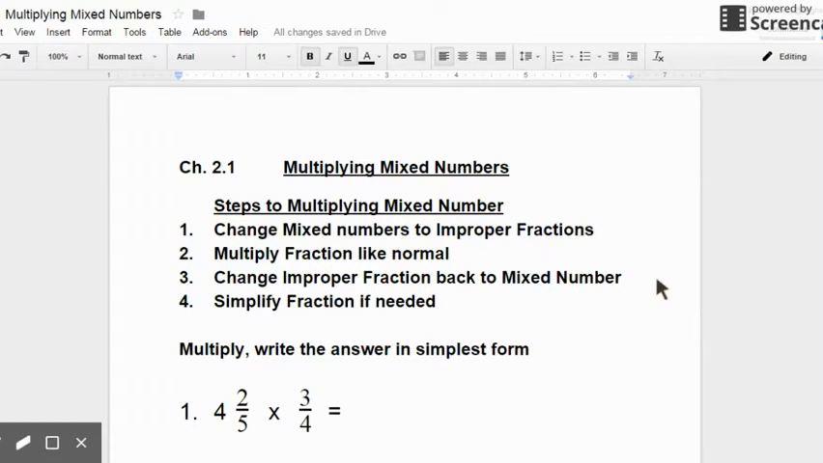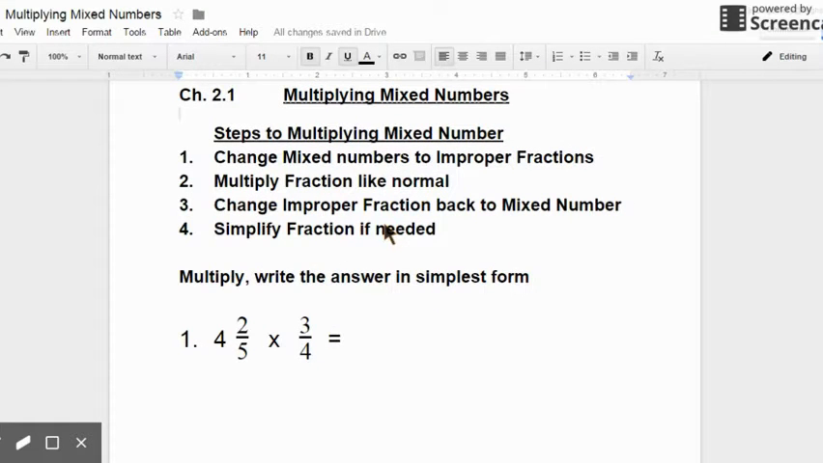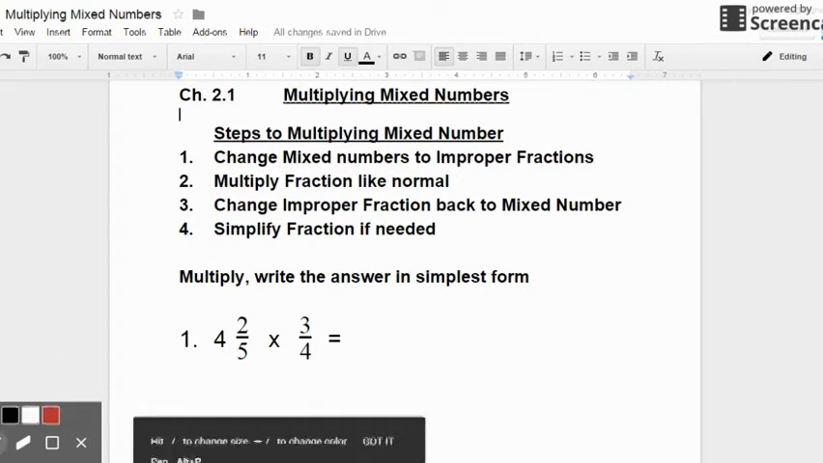Mr. Montgomery. Today we're going to talk about multiplying mixed numbers. Now we just talked about multiplying and dividing fractions last week. This week we're going to talk about multiplying mixed numbers together. So once again, like dividing a fraction, there's only a couple of new steps that we have going on here. The steps to multiplying mixed numbers is step one. First, we want to change the mixed number to an